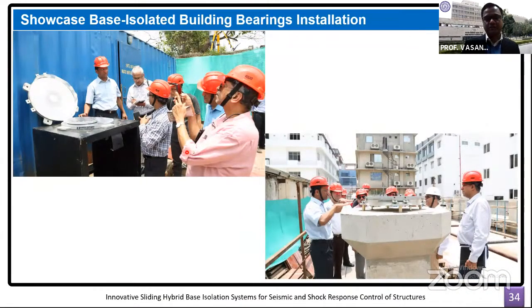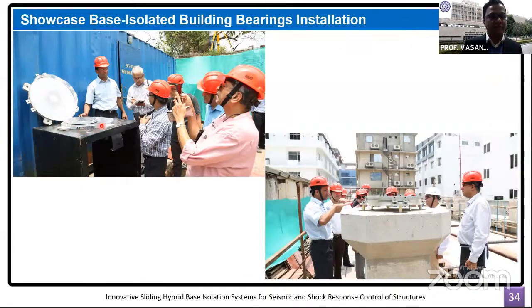So after the substructure was constructed, means from the basement up to the first floor level, the next step was, of course, the installation of the bearings or isolation systems above all the columns and the column capitals. So we had several demonstrations given to the structural engineers from India, and otherwise we have also given training to the constructors. So these are the pictures taken on the site. First of all, we explain how does that isolation system look like and how it is put on the top of the column pedestal. What you again see here is the isolation system.